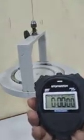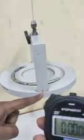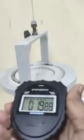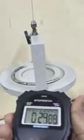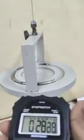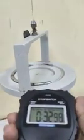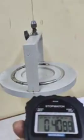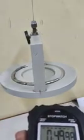To start the reading, this is our stopwatch. When this end goes to one particular end, let us say here, we will start. When it goes and once again comes back to the same position, let us say to this particular end, over here, that is 1. Like this we need to count 25 oscillations. Let us see, this is 2. We are going to take 25 oscillations, and you must have the patience to count these 25 oscillations very carefully, because depending on this time period you are going to find the moment of inertia. So 3, this time it is 4,